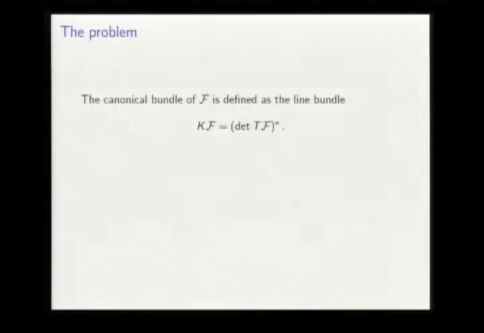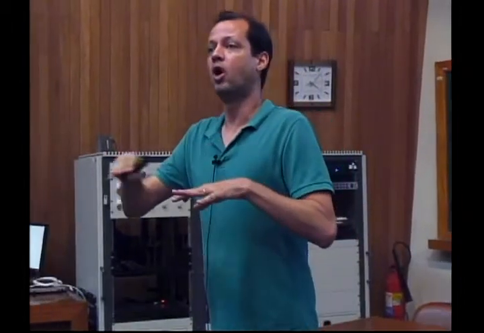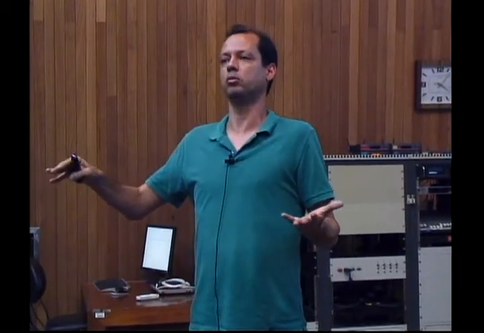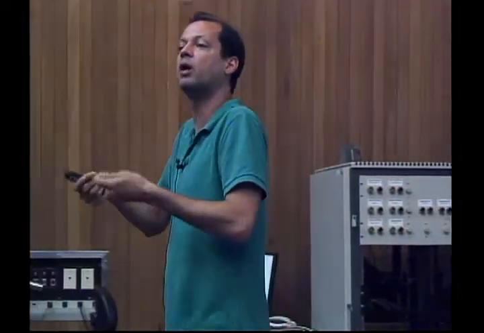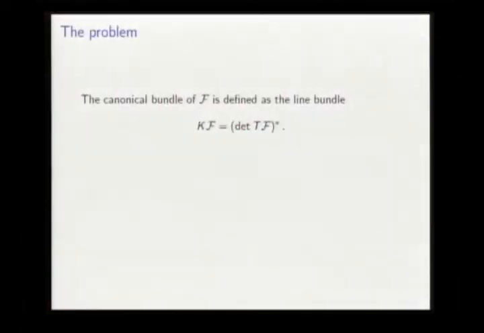So now I can at least state precisely my problem. I want to look at this canonical bundle, which will be the determinant of TF. Intuitively, it's rather easy to grasp its meaning. We are just looking at holomorphic forms of top degree along leaves of the foliation. I don't define how they intersect vectors transverse to the foliation, but I know how to evaluate these forms of top degree on vectors tangent to the foliation. So this is the canonical bundle.